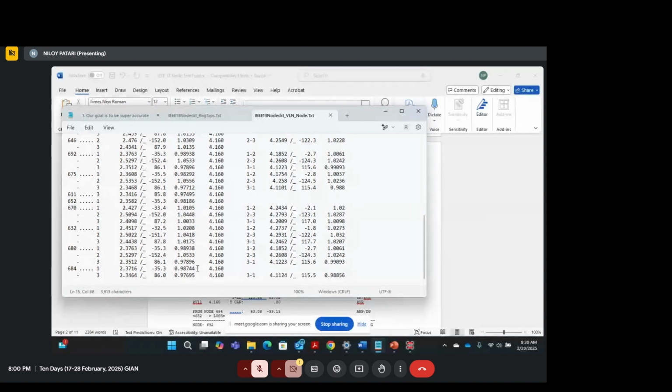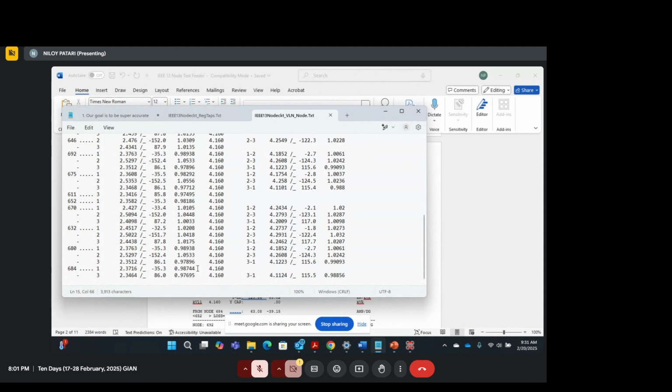So this is a kind of validation that you have to do every time you do any kind of modeling in distribution software. It can be OpenDSS, it can be GridLAB-D, or any other modeling software. Whenever you have different kinds of software, you model the whole system and then you try to match up with